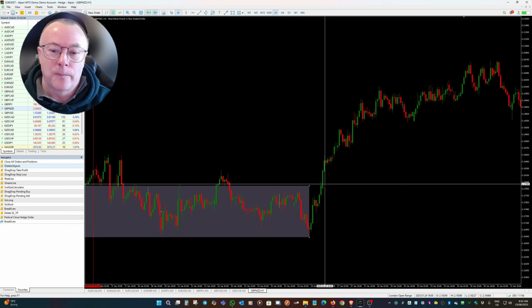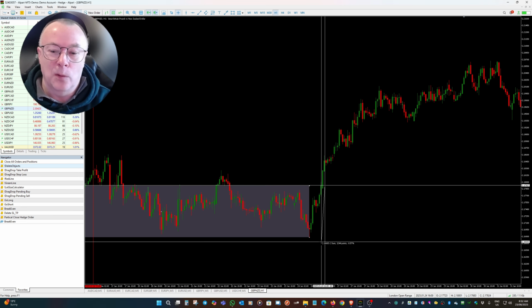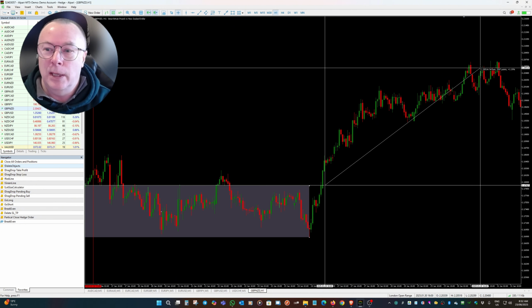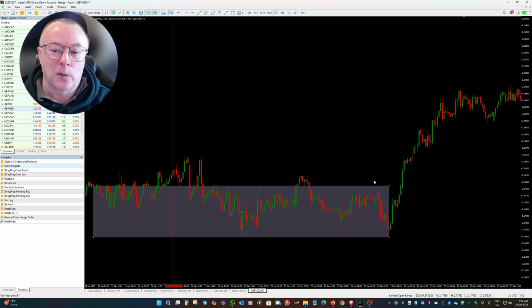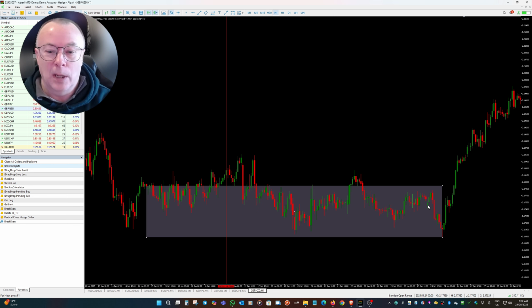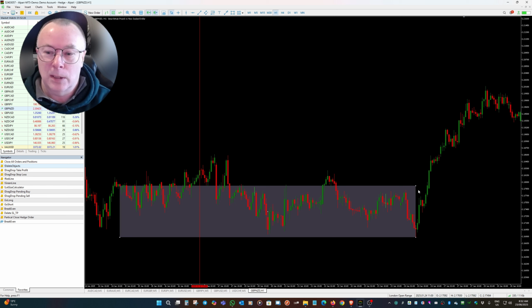And this would have been a profitable trade either way. So we can see here it's gone up about 265 pips. So this would have been a profitable trade. But instead of about a 3R, I think we can do much better by trimming the zone. So let's look at